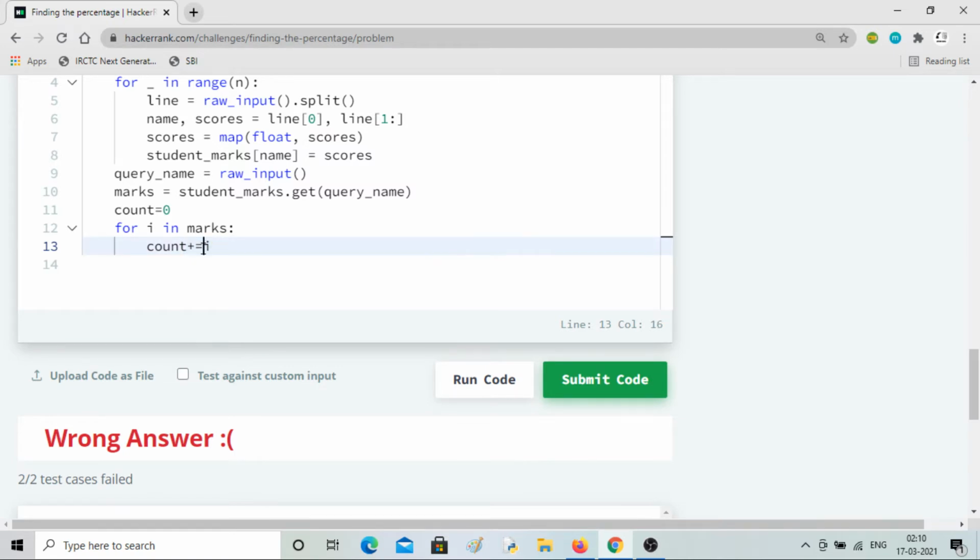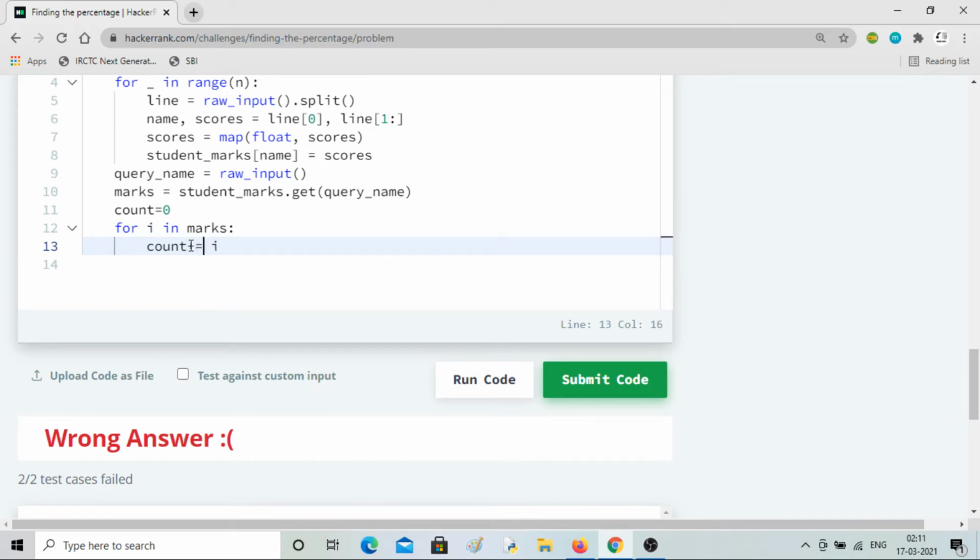It is like count equals count plus i, this you might be knowing. Okay, this is the meaning of what I've written. So that's a shortcut type. Either you can write it like this, or you can write it like this. So that's a shortcut type. You can see that's how you can write.